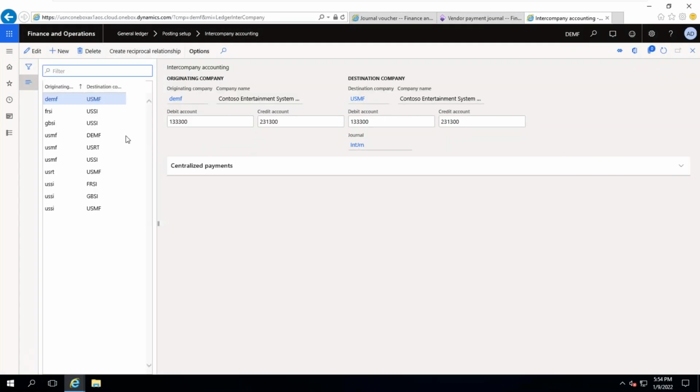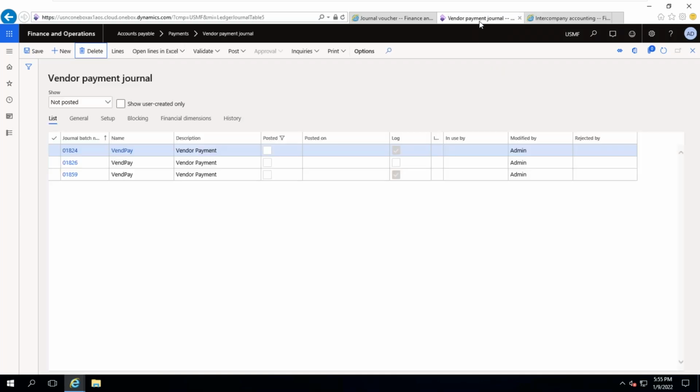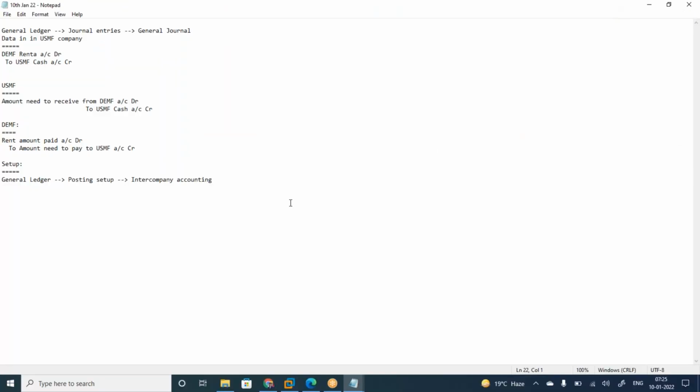Whatever you ask is correct. In the DEMF company, you need to map DEMF versus USMF. But it is showing in USMF also. This is in the USMF company setup, and this is in the DEMF company setup. You are able to see both, also enterprise level data. Yes, exactly. In the previous version, you cannot see these things. You will see only one, because from DEMF there is only one transaction. It will show only one in the previous AX 2012 version. Because of the enterprise level data concept, you are able to see all these things at a time. Okay, fine. Any more questions, please?